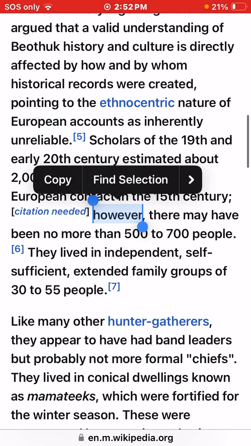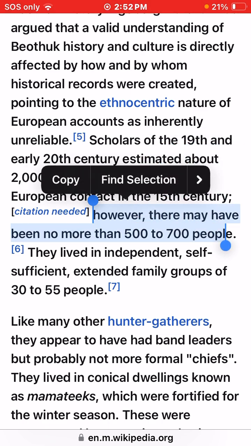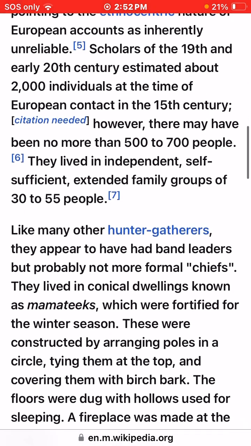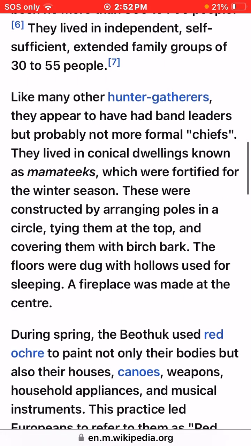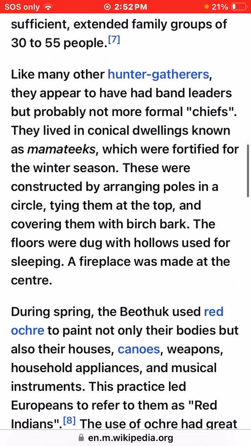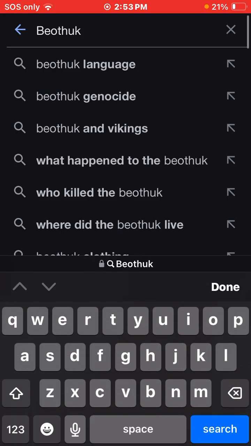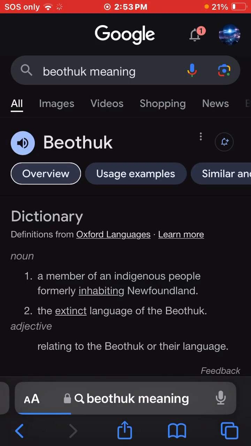It says, however, there may have been no more than 500 to 700 people. They lived in independent, self-sufficient, extended family groups of 30 to 55 people. Like many other hunter-gatherers, they appear to have had band leaders, but probably not more formal chiefs. They lived in conical dwellings known as mamatiks. Okay, that's a quick history. It says that the Beothuk people,